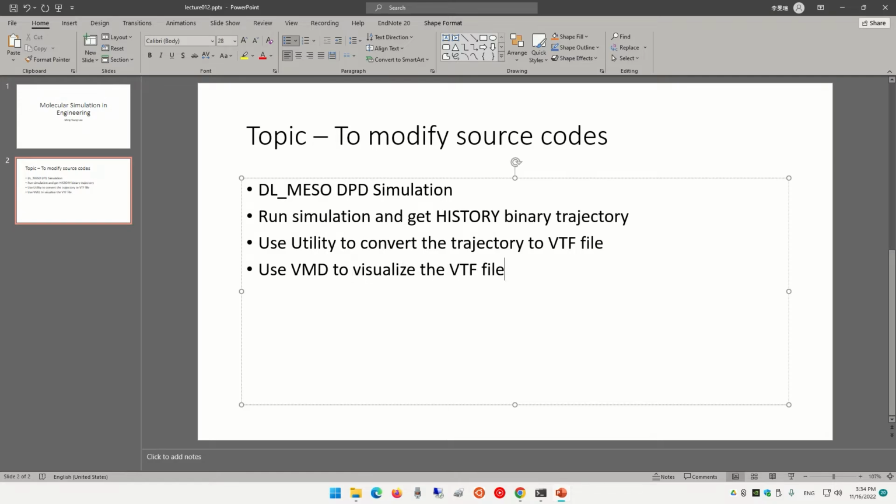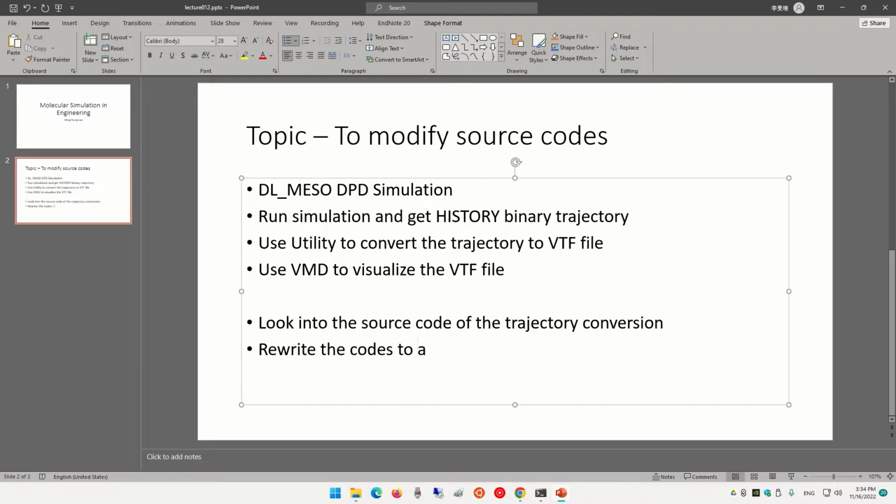That's what we have done before. But the second part of this lecture is about how to look into the source code of the trajectory conversion. We're going to rewrite the code to add a function that generates a trajectory in XYZ format.